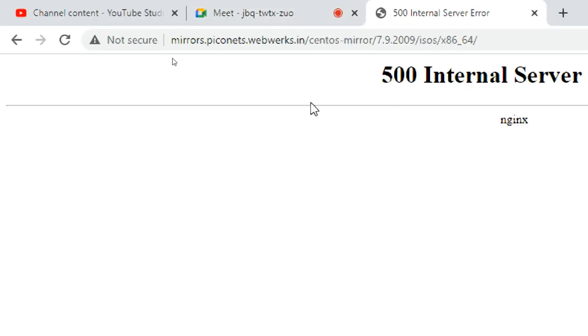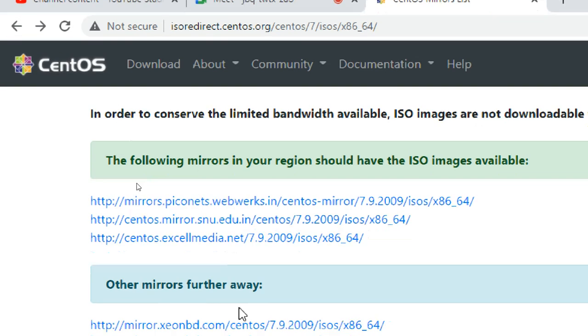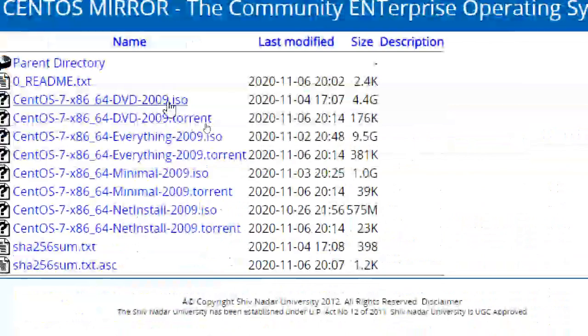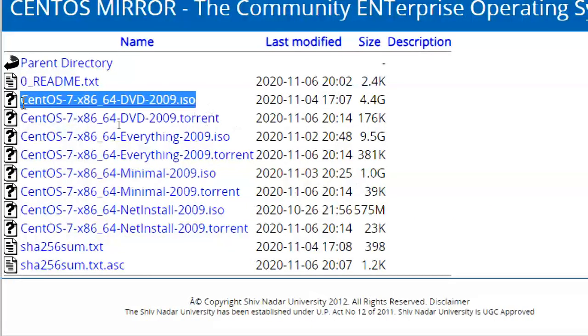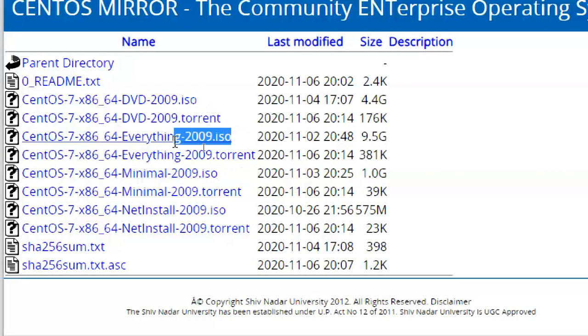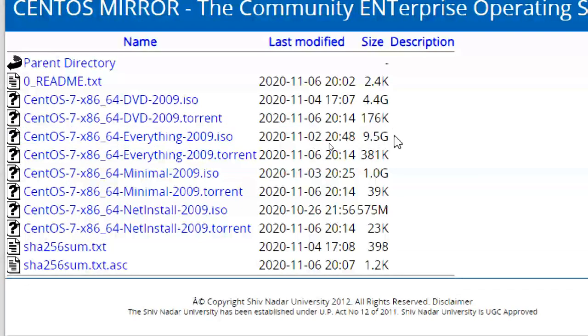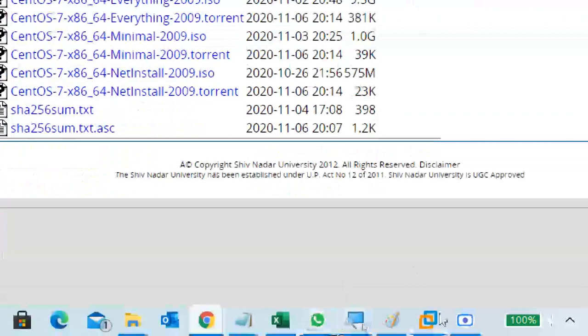I went to this link, any link, no problem. If the first link has a problem, then go to the second link. Then I downloaded this one. This is also a full version. And one more version is there, the everything version. If you want, you can download it, but it is around 10 GB. I want the 4.4 GB one, that is enough for me. I don't want 10 GB.